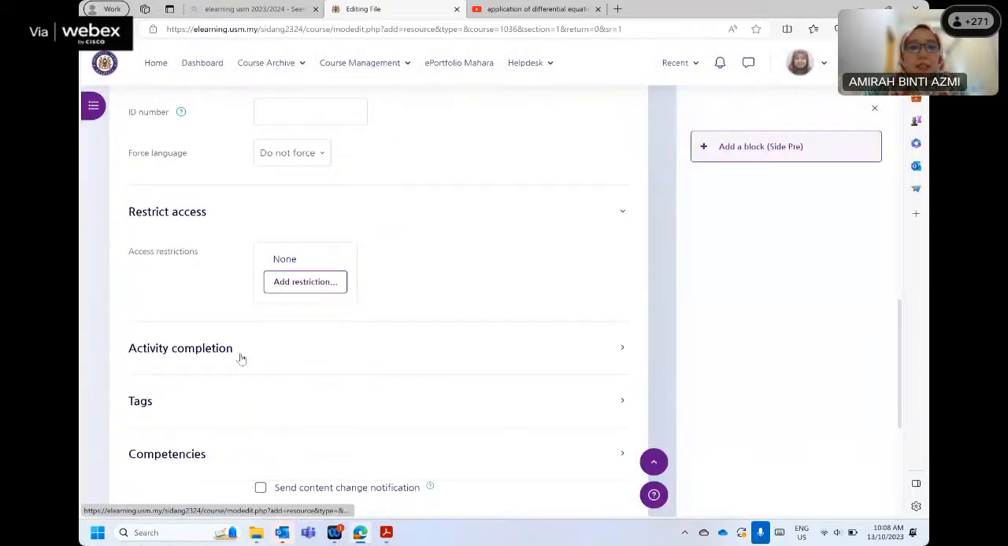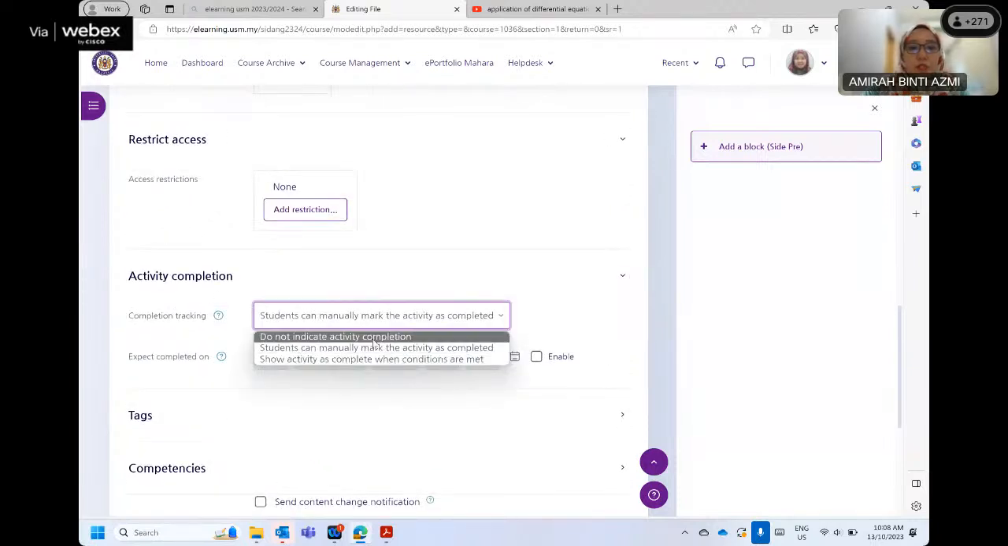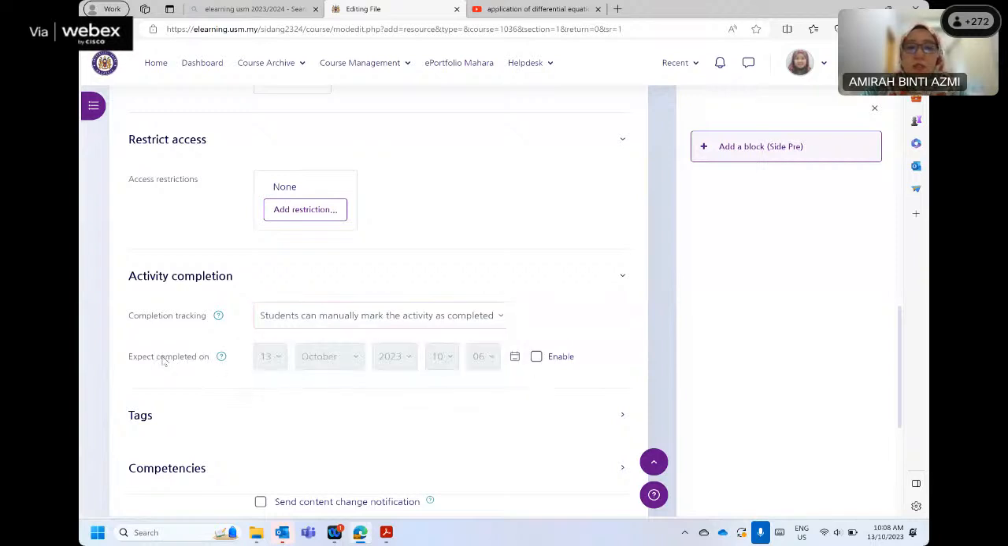Okay, and then activity completion, student can manually mark, or you want to do not indicate activity completion, because maybe it's not very important, then you can do not indicate. And then expected completed on, this one is usually suitable for assessment or like quiz or assignment, then you can enable that one. But for just lecture notes, I don't think that one is important, so we don't have to